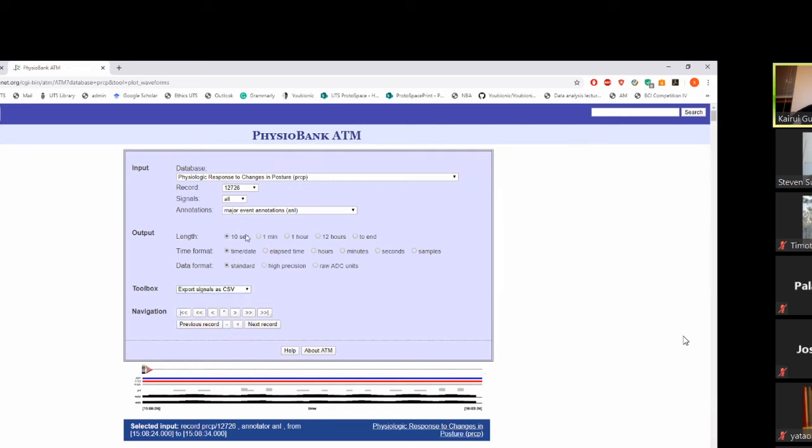If you click that, you probably need to go through the database description before you select any one of these. Some of the signals are collected every 8 seconds. Some of the signals last more than 1 hour. So you have to be careful when you choose the length and the time format. I think that's usually just seconds. And the data format, that can be just